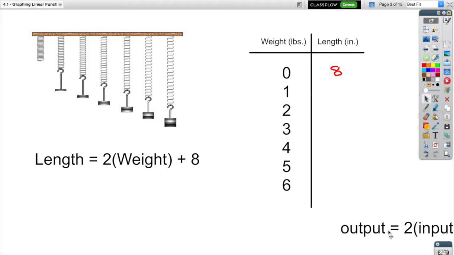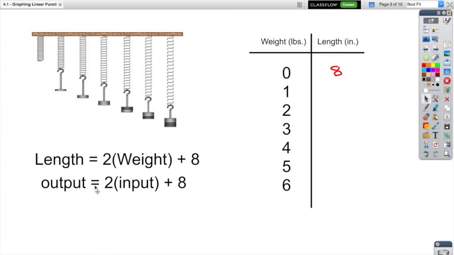What we're doing is we're basically creating what we call a function, or a function machine, where one of the numbers is our input. The math that happens slowly gets churned out, and it spits out a particular output number. And so all we have to do is consider these numbers our inputs, which give us then our outputs. So if I put in 1, 2 times 1 is 2, plus 8 spits out an output of 10 inches. If I do the next one,